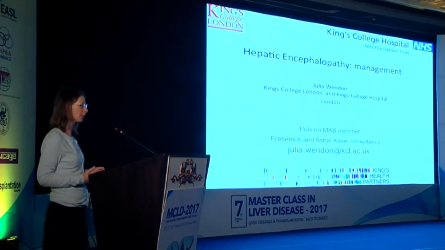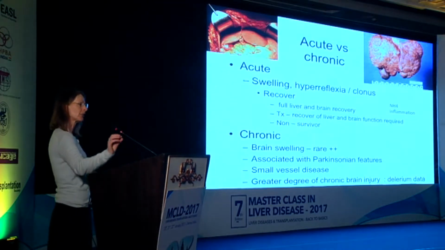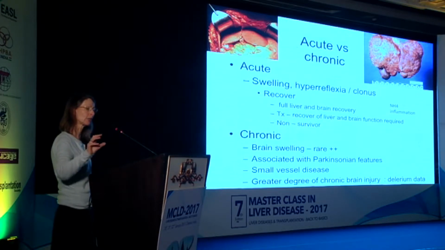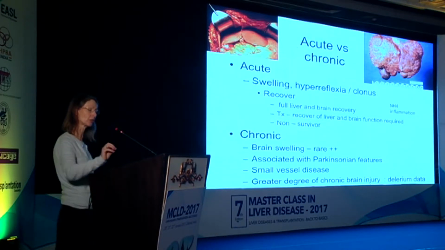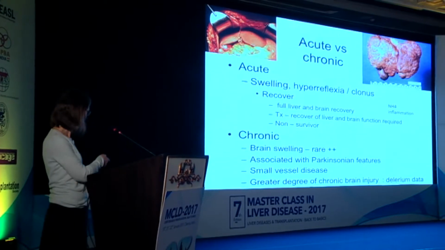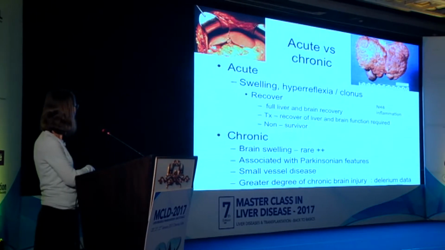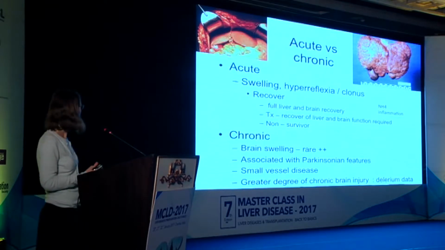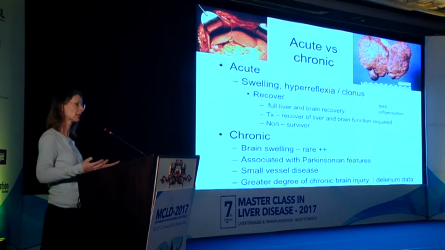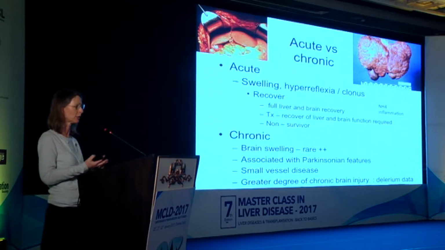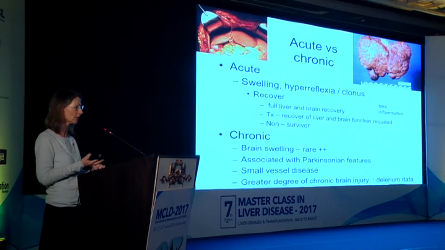So, talking about hepatic encephalopathy, I think the first thing to say, and I'll try and cover both aspects of this, is that encephalopathy in cirrhosis or acute on chronics is a very different beast to that in acute liver failure, and we must recognize that. In acute liver failure, you see a presentation where you are at risk of cerebral edema, brain swelling, you have hyperreflexia and clonus, rapid deterioration. You either recover with normal brain function, you might need transplantation. At that point, we need both the brain and the liver to recover, otherwise it's a disaster,